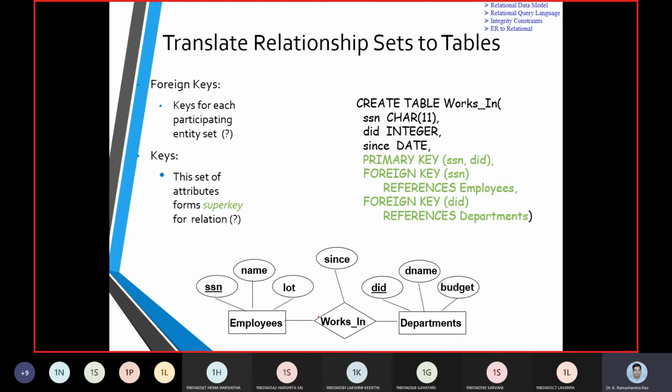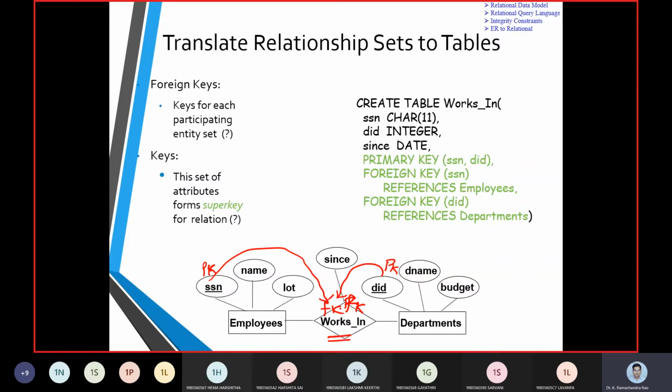How are we going to define the relationship set? The very first thing is that the works relation gets the entity from department. So these two will be called foreign keys here. Even though department ID is a primary key and SSN is a primary key, these two are brought into the works relation, which is why we call them foreign keys.